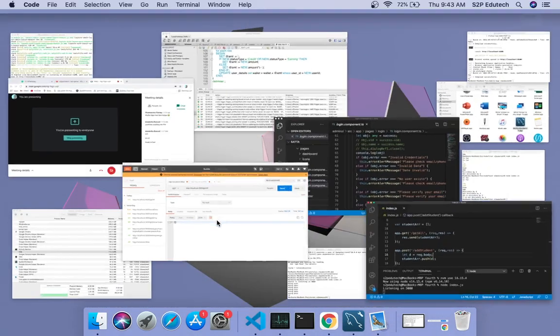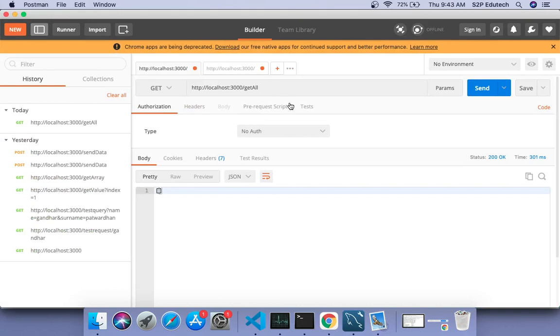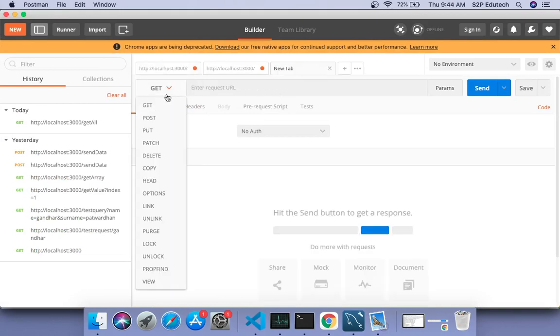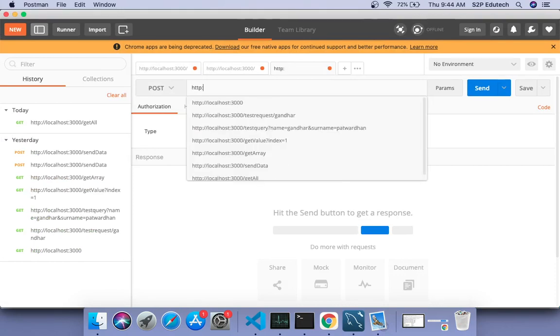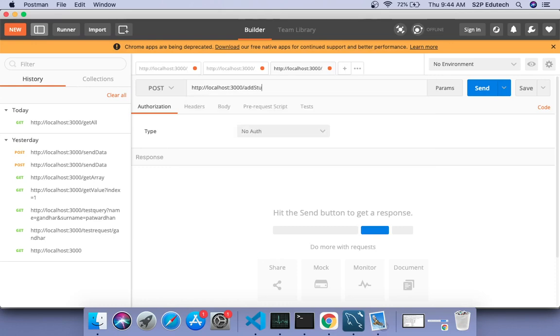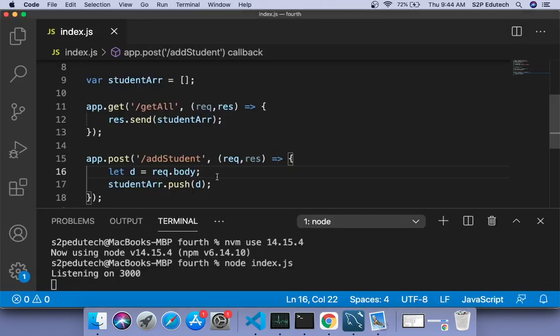So let's see that. I'll create a new request here. In get, I would say post. I'll give the path here, http://localhost:3000/addstudent. Yes, I'll restart my server as well.